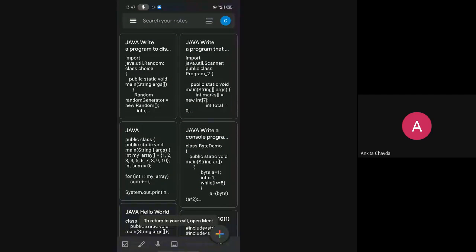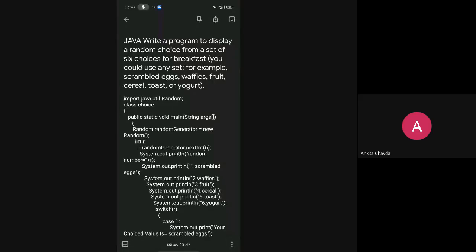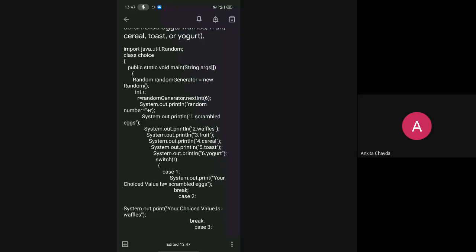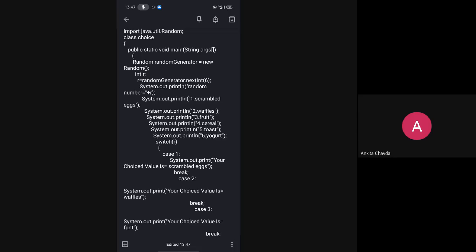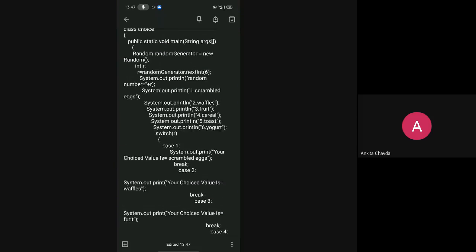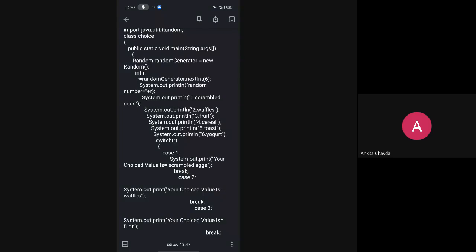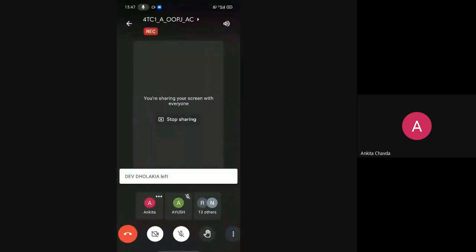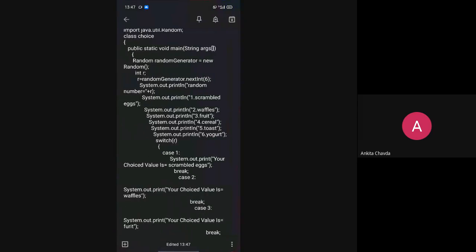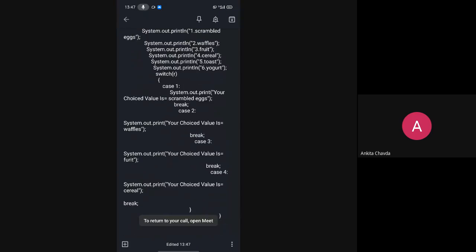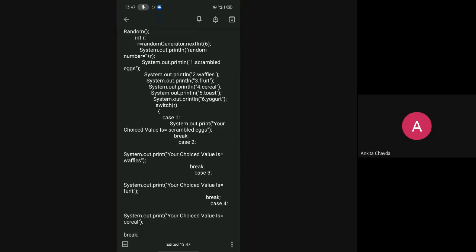Yeah, it's visible. Okay, see, here you have used the random class. What I said was, you have to use the math.random function. Whatever you are getting from the net, I don't want to see. You don't have to create that random class, dear.